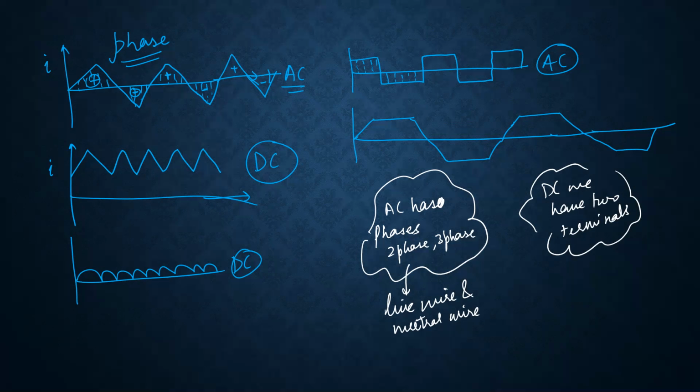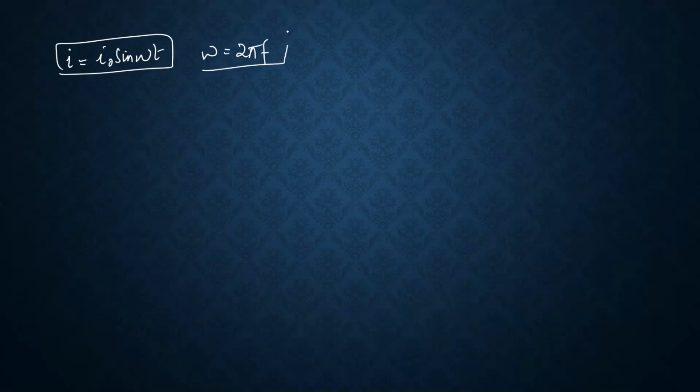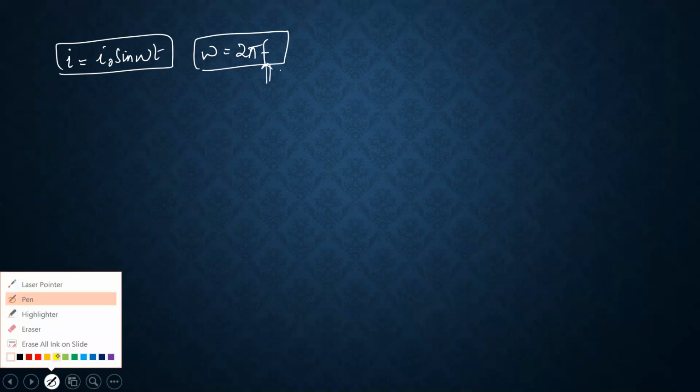Next, frequency. Obviously, omega is there in the expression of current. If omega is there, that means I is equal to I naught sin omega t. This is the equation. Omega is 2 pi f. What does it mean? It means AC has frequency. What will AC have? Frequency. The most important thing is that this frequency,